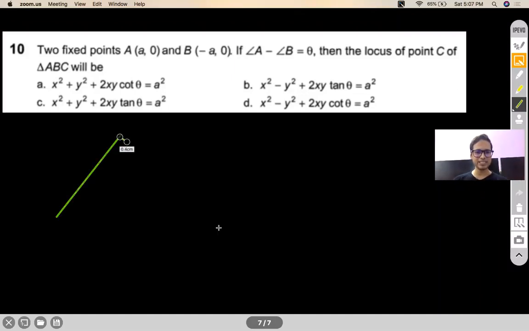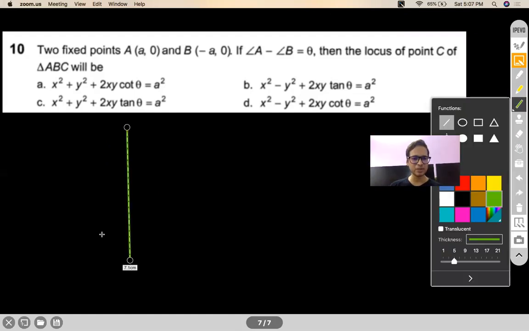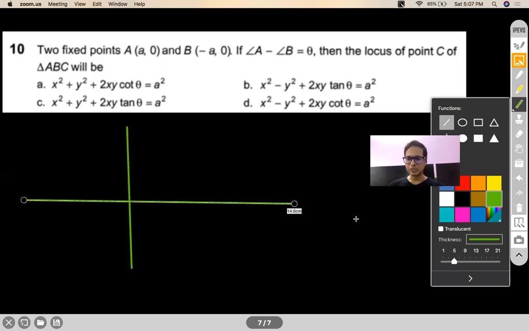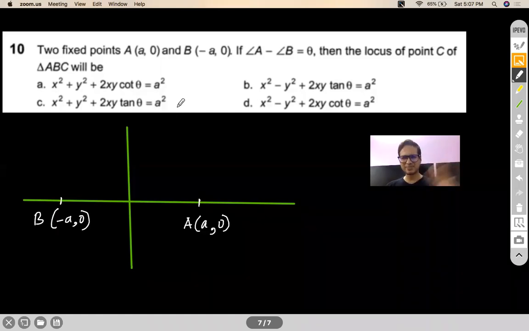So ABC. Okay, let me make the coordinate axis. It is always helpful to solve questions of coordinate geometry by making coordinate axes. So I'm not solving it. I'm just giving you a diagrammatic representation of the question. So A and B are given to you, and there is some point C, and I don't know where it